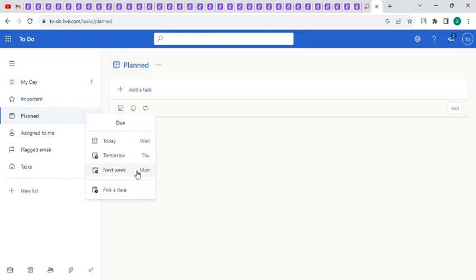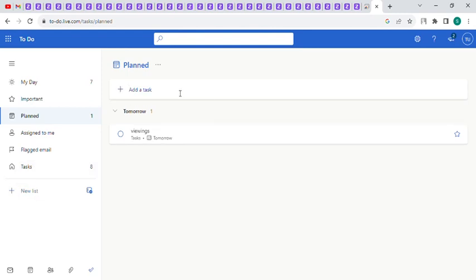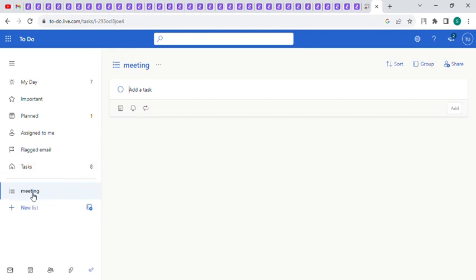So here you can simply assign your task, and you can also plan your tasks according to what tasks you have to do tomorrow. Like you have to do some viewings like this, okay? And here you can add your new list. For example, meeting, you can add these lists according to you,